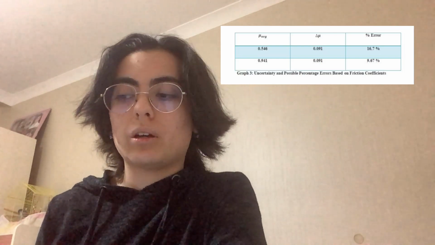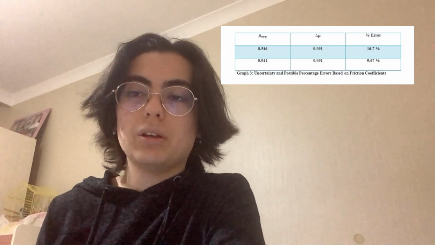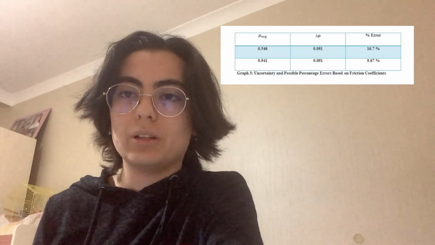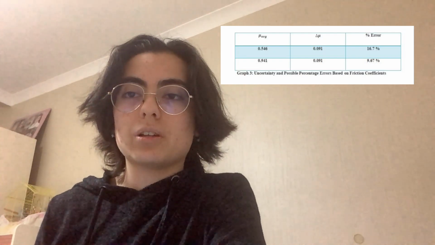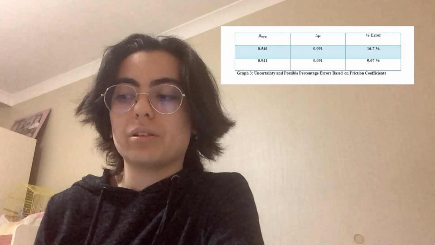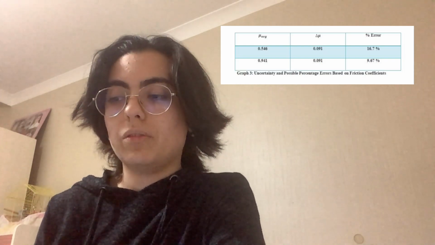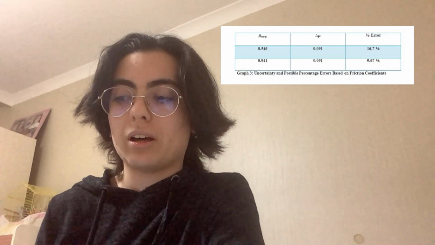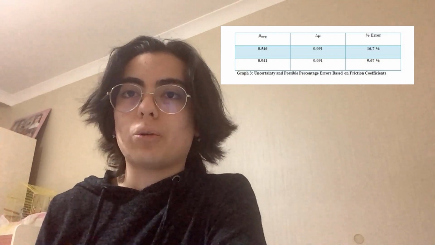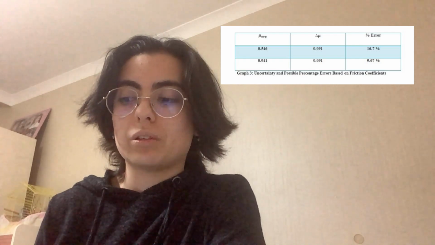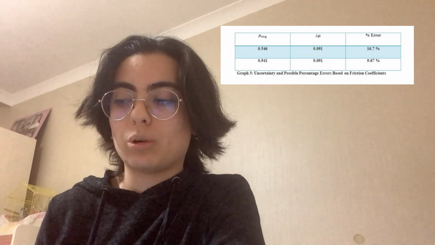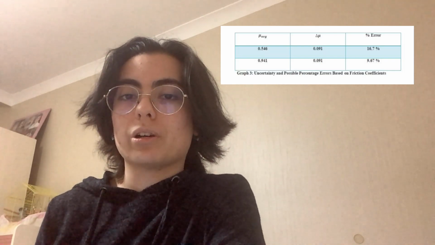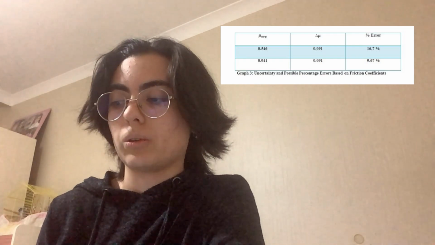There was also an error calculation for the uncertainty of the dynamometer that was used in the experiment, and after seeing how much of a percent error there was, the highest one was done for the mean of the paper, and that was still not high enough to completely disregard the experiment as unreliable, and that was only 16.7%. Meanwhile, the percent error rate for this sandpaper's coefficient was only